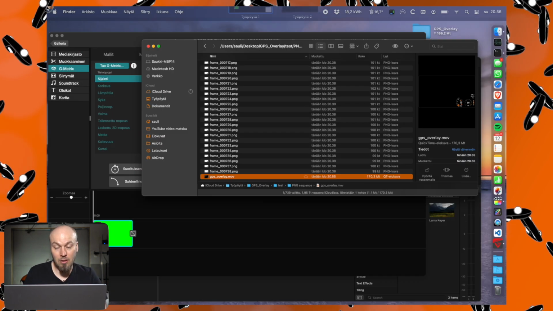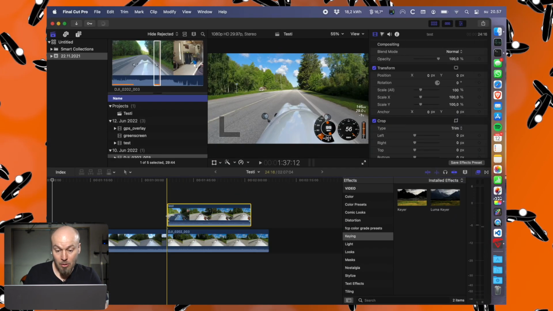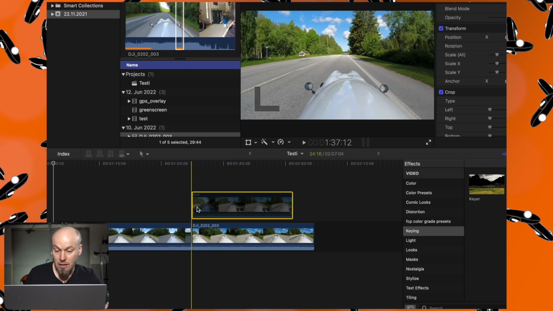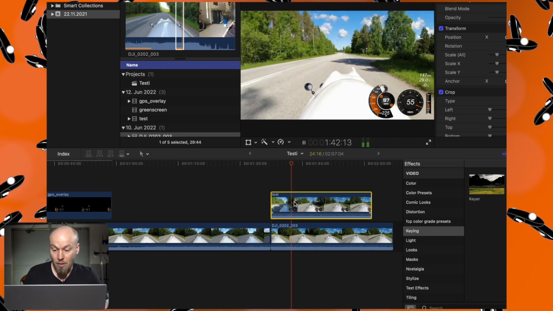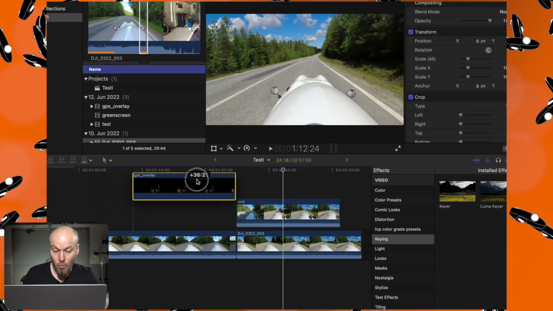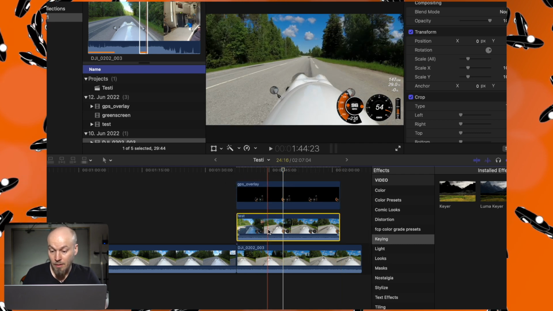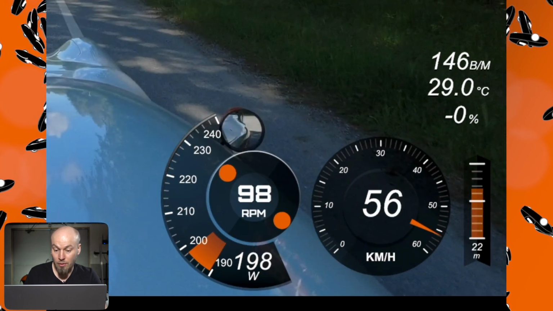Then you can just import the transparent overlay video to your editing software like this. And by the way, you can use the lower quality export from the Virb Edit to help synchronize the GPS data here in your editing software. And when you have done that, then you can just replace the low quality film with the new transparent overlay video, like this. And now we can see that the video quality and the overlay quality is as good as it can be. So that's how to do it in the hard way.